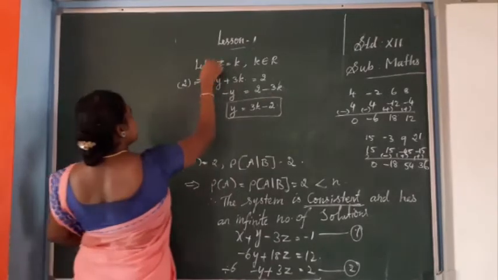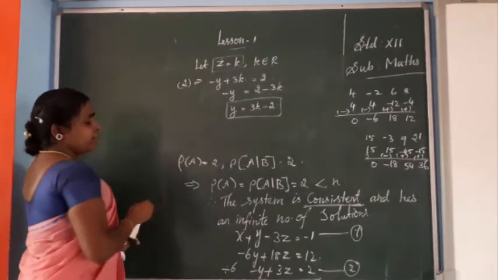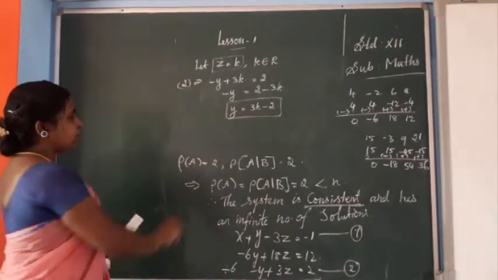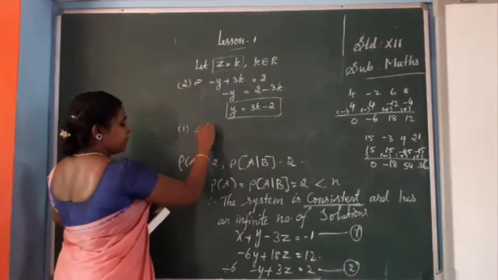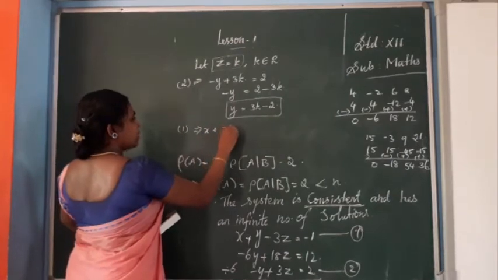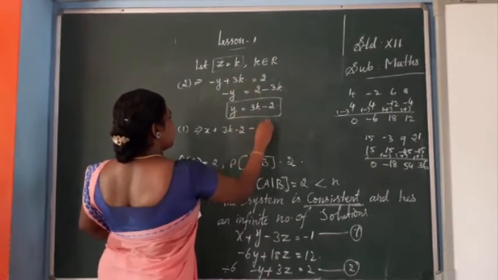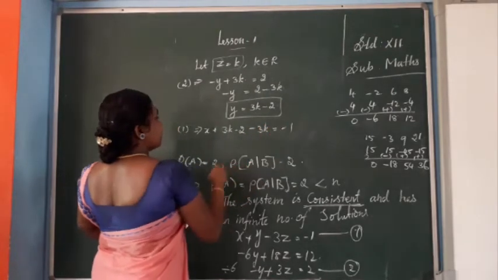Okay, z is here, z is k. Then we need one more value, x. We substitute z and y in equation 1. So x plus 3k minus 2, this is the value of y, minus 3z. The z value is k. So 3k equal to minus 1 plus